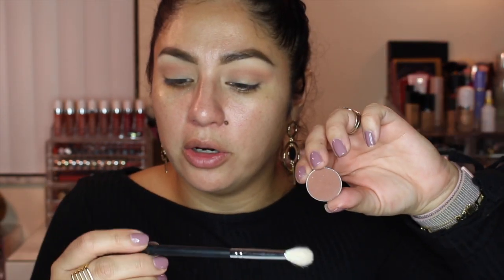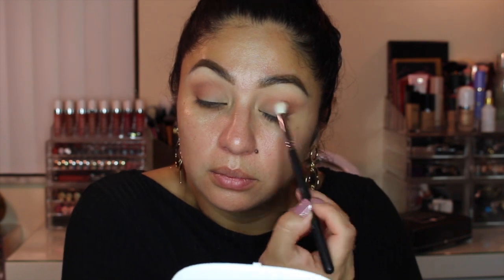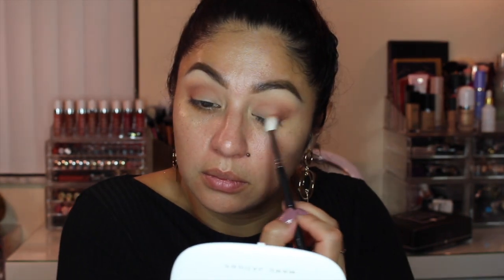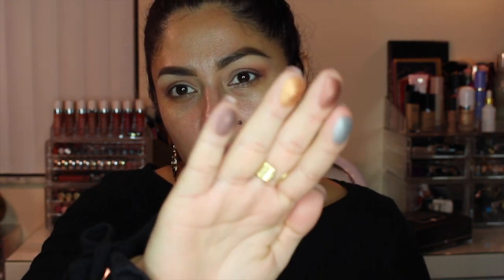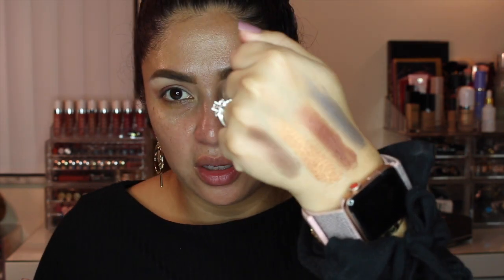So I'm going to be using Cocoa Bear, and I'm going to grab a smaller blending brush, and this one is the M441. And I'm just going to focus that on the outer corner. Let's see, let's swatch a little bit. Okay, so you can see these are some of the colors right here. These are the colors. So I'm going to grab this color right here with the MAC 239 brush, and I'm